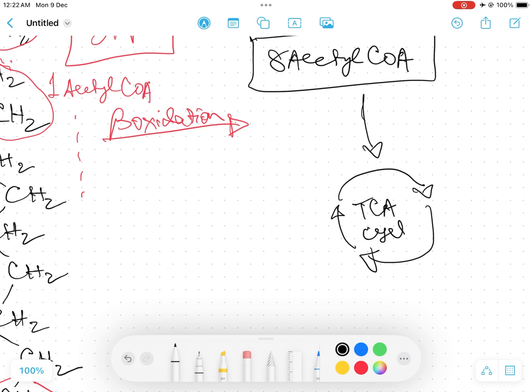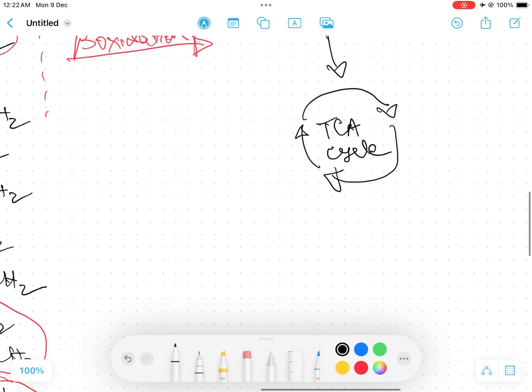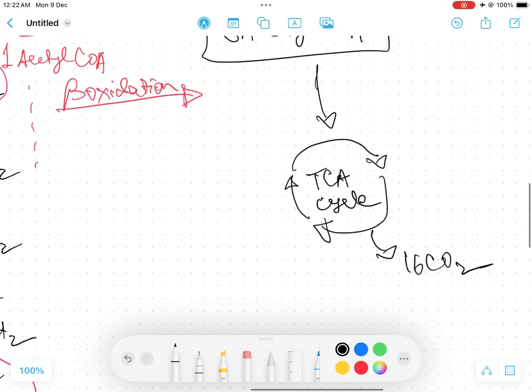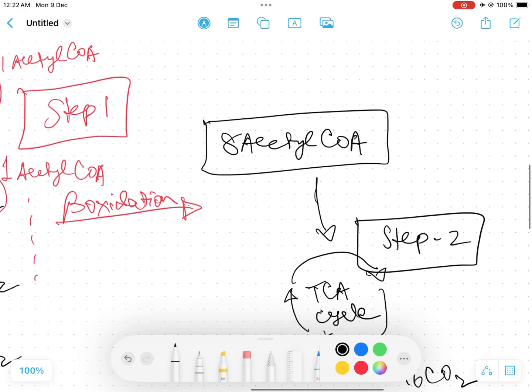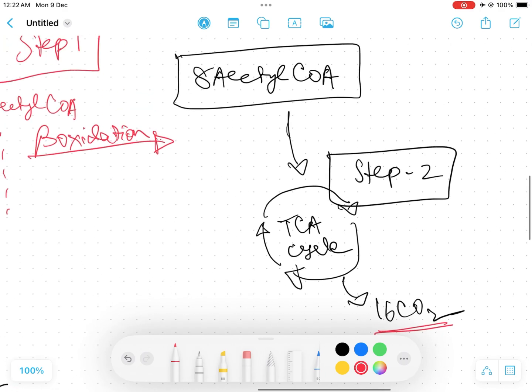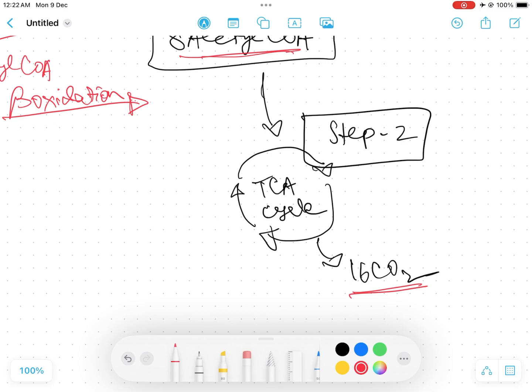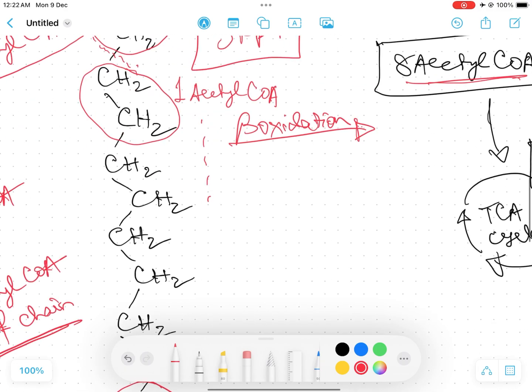So this is the TCA cycle. From 8 acetyl CoA molecules you will get 16 carbon dioxide, because one acetyl CoA molecule generates 2 carbon dioxide via the citric acid cycle. So this is step 2. What is happening here? In this stage of fatty acid oxidation, the acetyl CoA residues are oxidized to CO2. So you are getting the acetyl CoA, and this acetyl CoA is getting oxidized to CO2 via the TCA cycle,